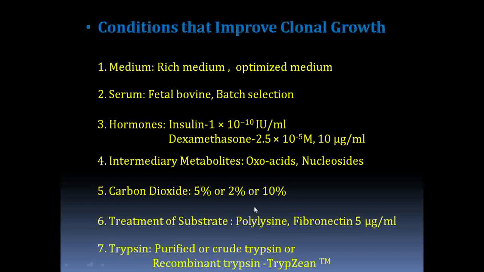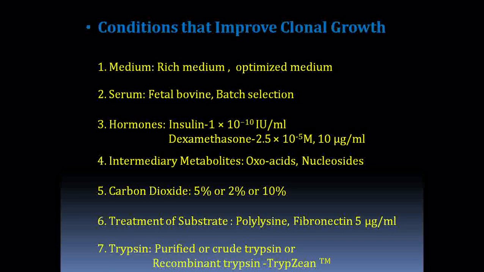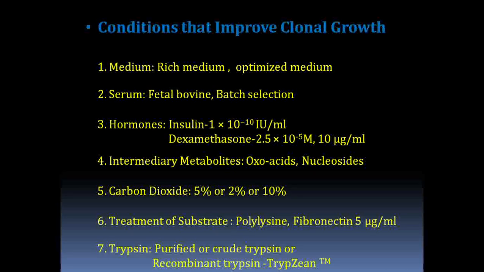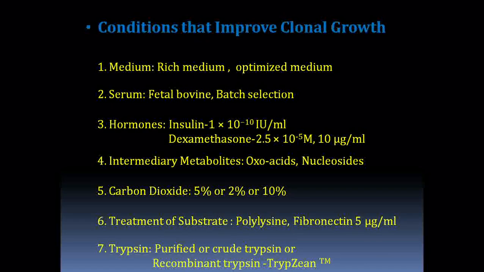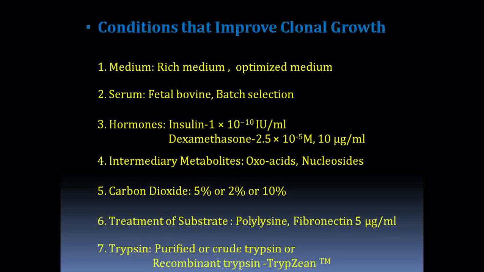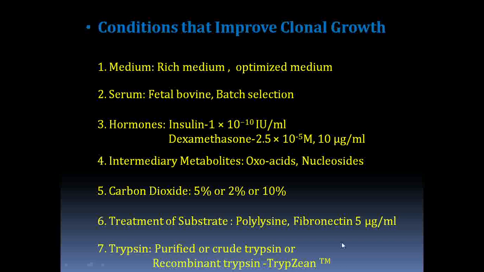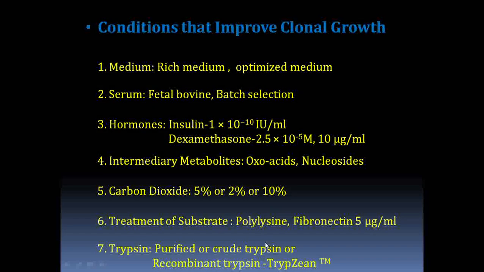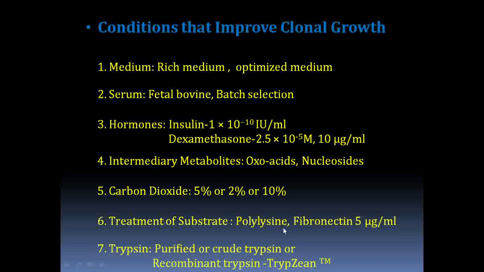Such substances are, for example, polylysine. This is added to the surface and helps the growth and development of our cells, right? It is added as a pre-treatment before adding the medium. The polylysine is filled into the Petri dish or flask, then the unbound is washed off or removed, and the remaining polylysine acts as a substrate, right? So we can wash and remove and use it, or we can store it for future use.